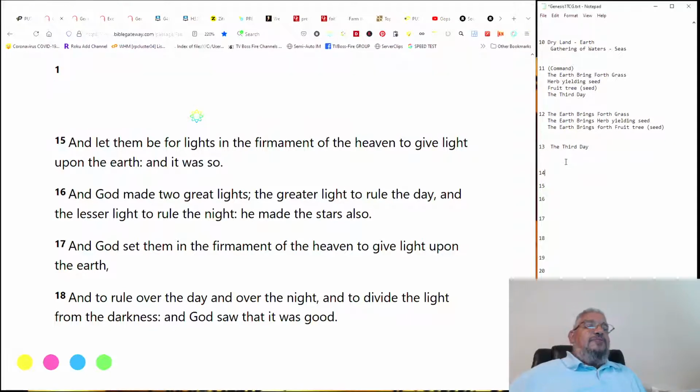So here we have quite a number of cards that we can make from here. We'll put in first lights in the firmament. Lights in the firmament. And then we have